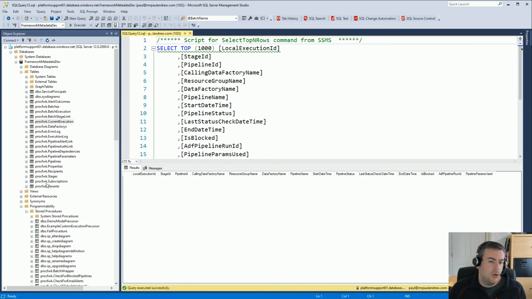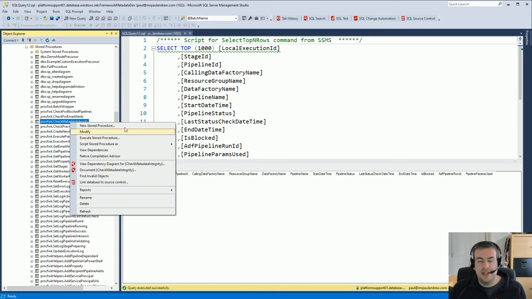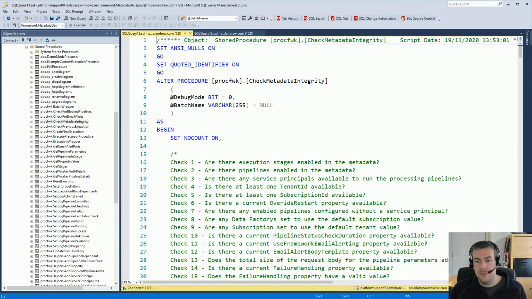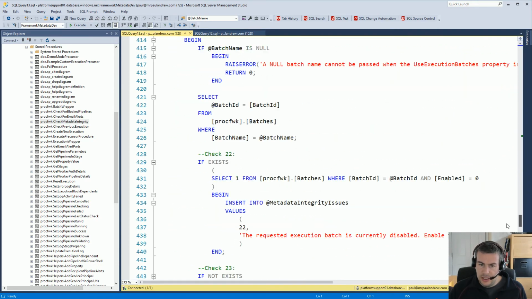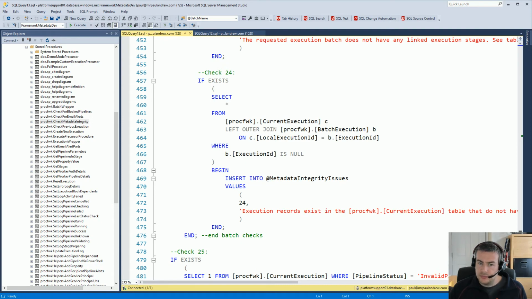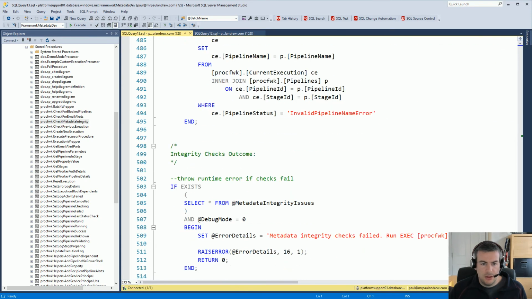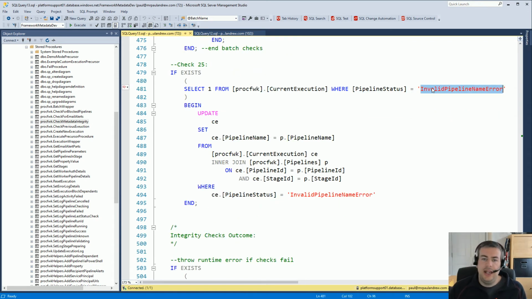So what has been added as well, to help support this, is in the metadata integrity checks procedure, if we encounter it, let's scroll down here. Yeah, this one. So if in the current execution table we get this invalid pipeline name error,